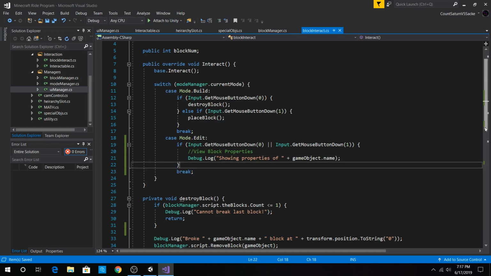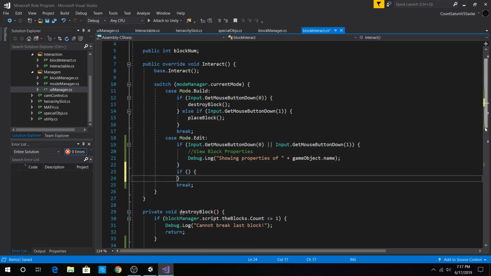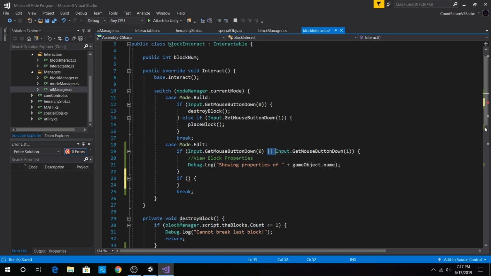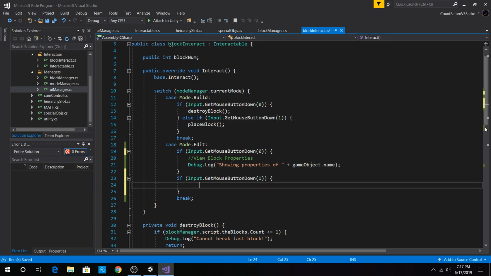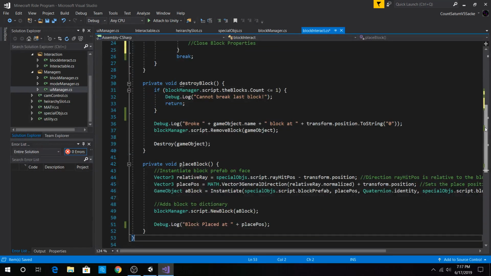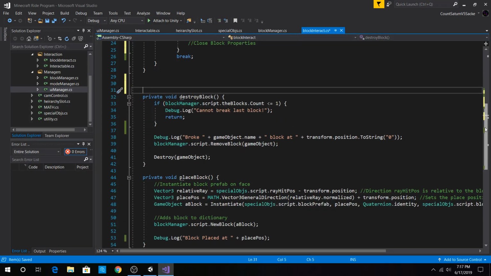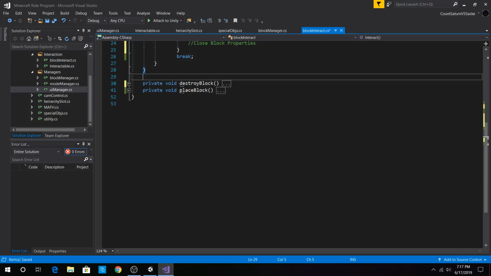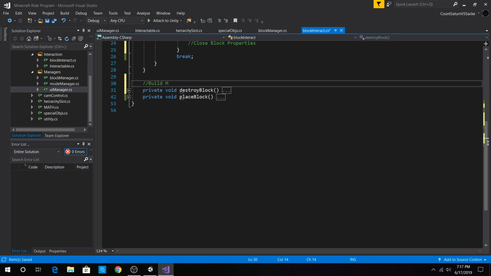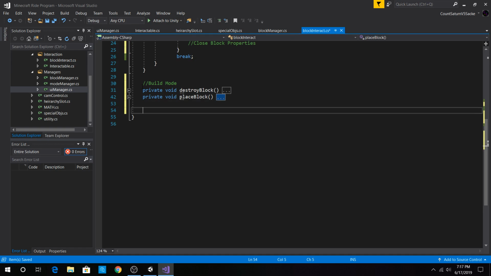Actually, I think I have an idea for what to do. Instead of having this as an or, what I can do is you have to click to select, and what we want to do is if Input.GetButton("Mouse Button Down 1"), this should close block properties. Okay, now let's just make this all nice. So this one is for build mode, and now let's do it for